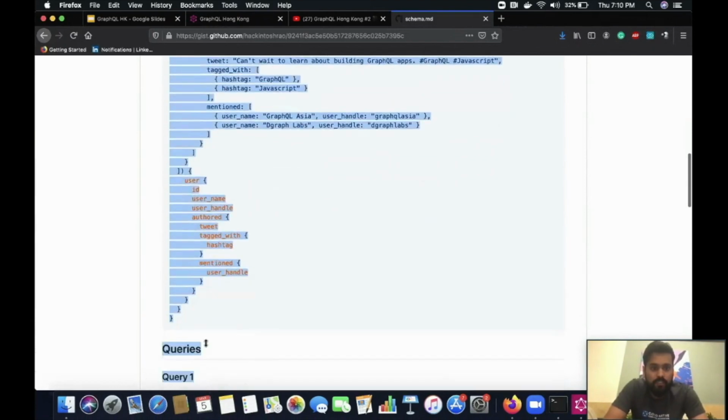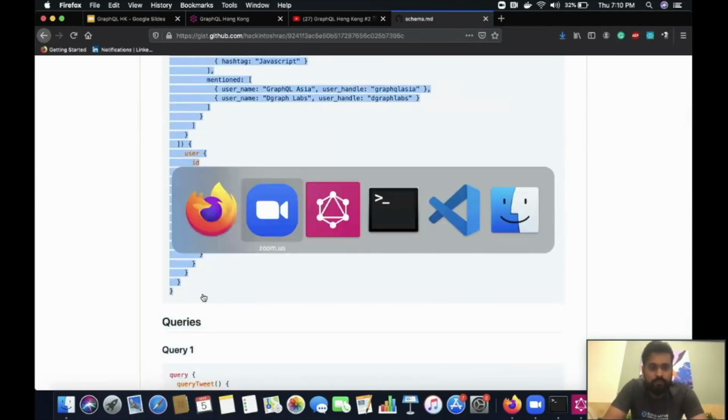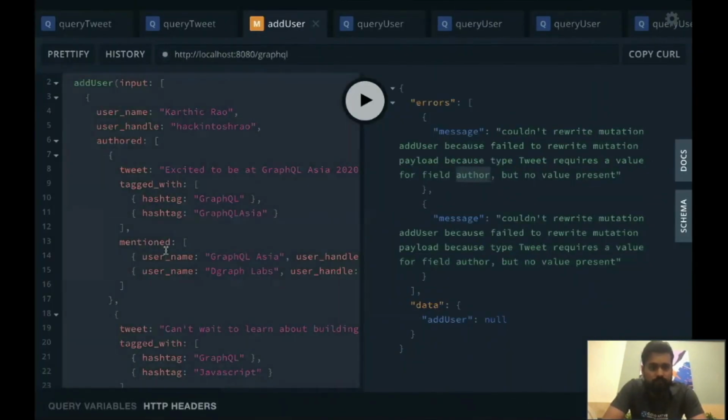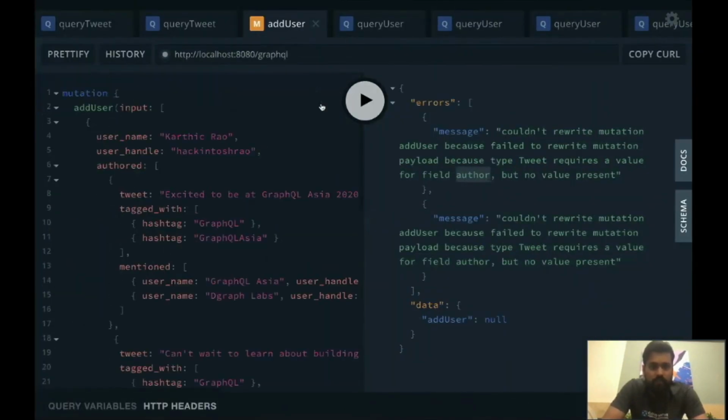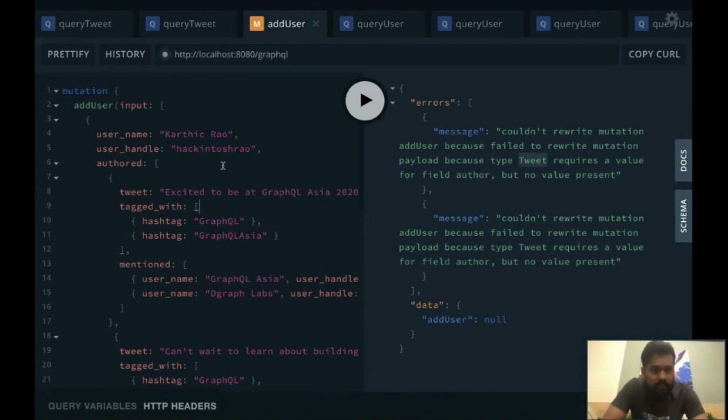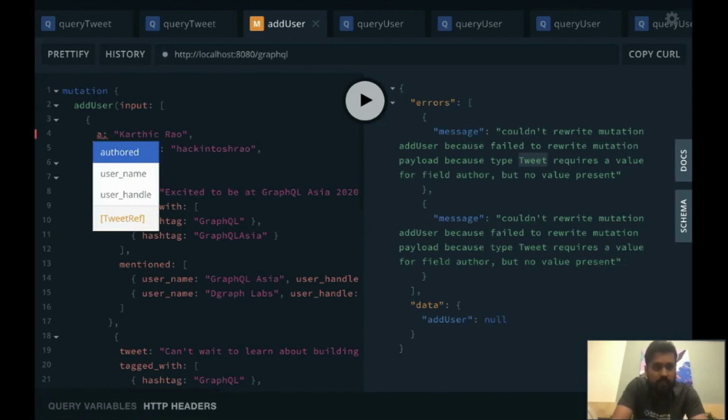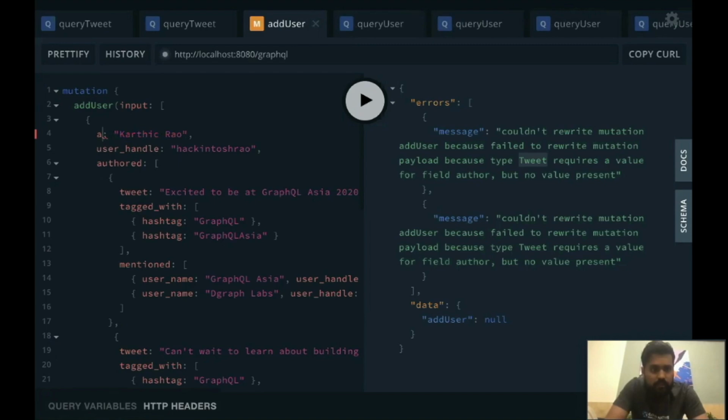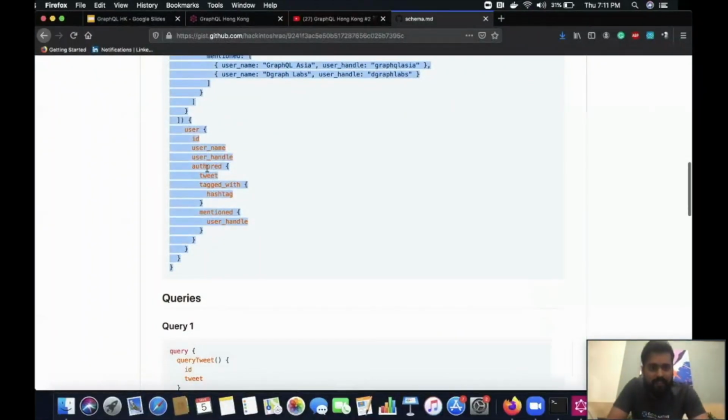We have the mutation. Oops, there seems to be an error, because type tweet requires a value for field author. I think we're just missing that. Okay, let's just move forward. I think it's just an issue with